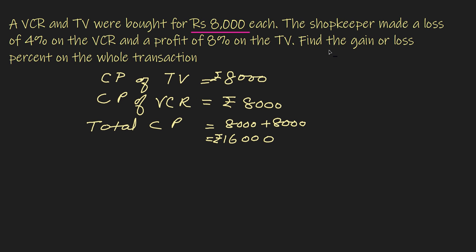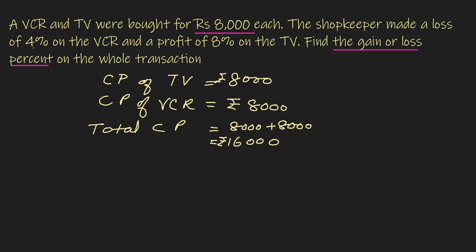Now what we have to find out here? You have to find out whether it is gain or loss percent on the whole transaction. To find out gain or loss, you have to find out the selling price of each TV and VCR. On selling VCR, the shopkeeper made a loss of 4%. So first we can find out the selling price of VCR. Since it is a loss, you have to multiply